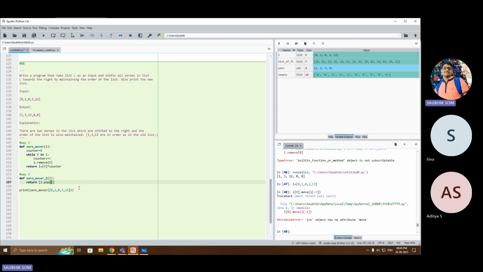Yeah, I'm also thinking about this one, since we have some time. So this is of course a correct way. If you have done it this way, you'll get the marks. But if I want to do it the list comprehension way,